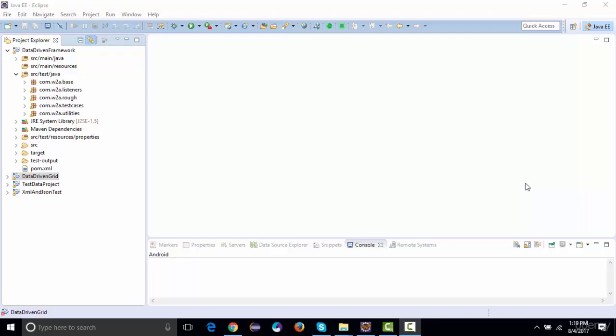Okay, so the next framework that we're going to start up with is the page object model design pattern. Page object model is one of the best approaches that most of the organizations are actually following. It is built upon your data driven approach itself, as in the data will still be read from third party Excel files, JSON files, or XML files, right?